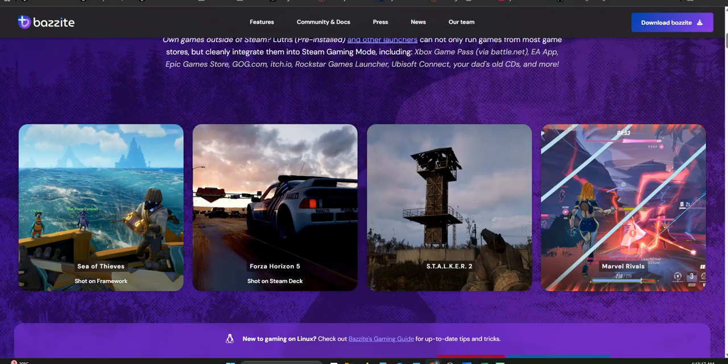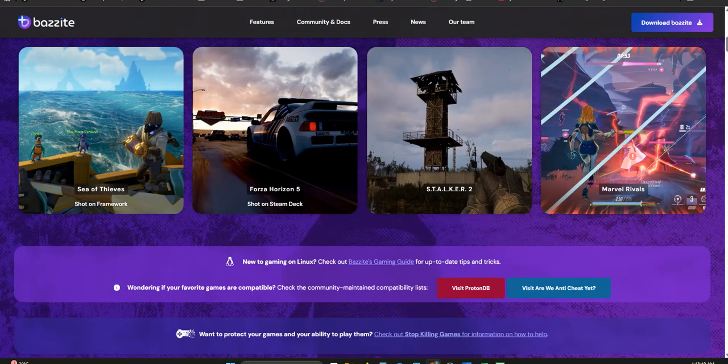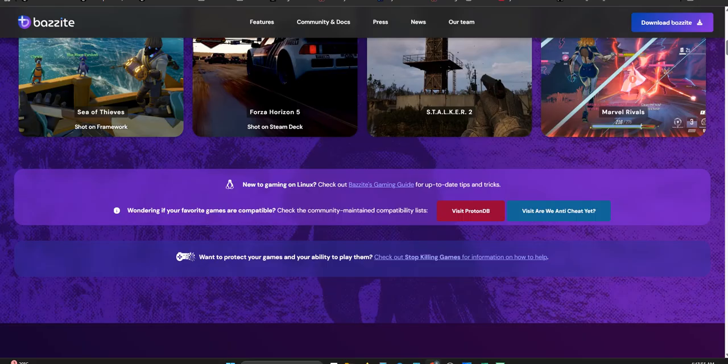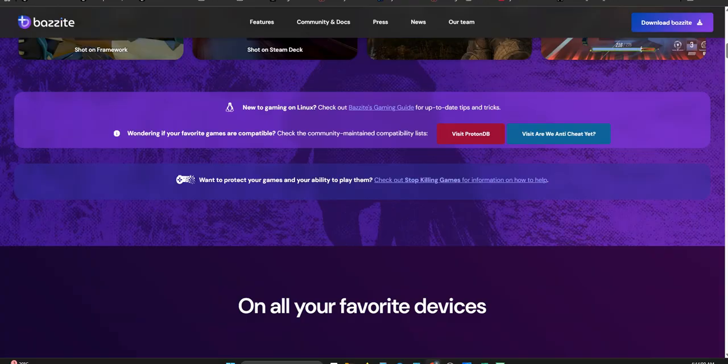Right. So let's dig into Bazzite first. It's built on Fedora Atomic, yeah. And it's kind of positioned as a SteamOS alternative, really designed to make Linux gaming just work. You install it and things like drivers, Proton compatibility, they're mostly baked right in. You can even boot straight into Steam Big Picture mode. Yeah. Pretty slick, minimal fuss.